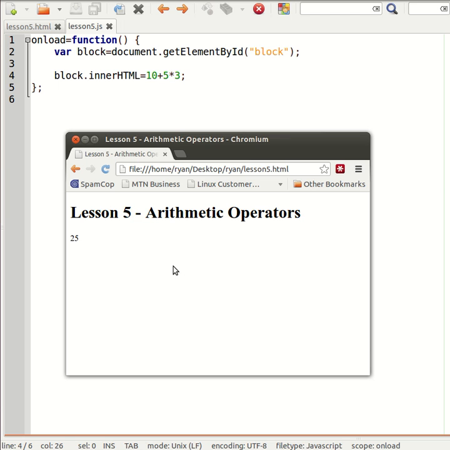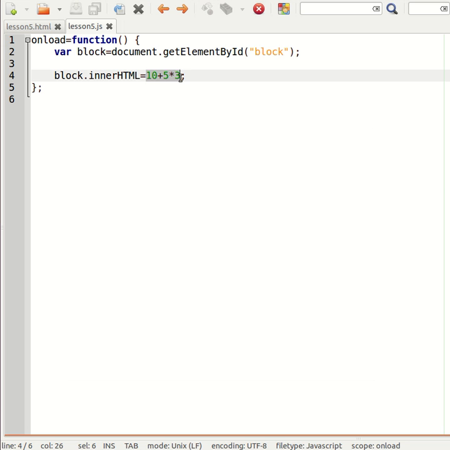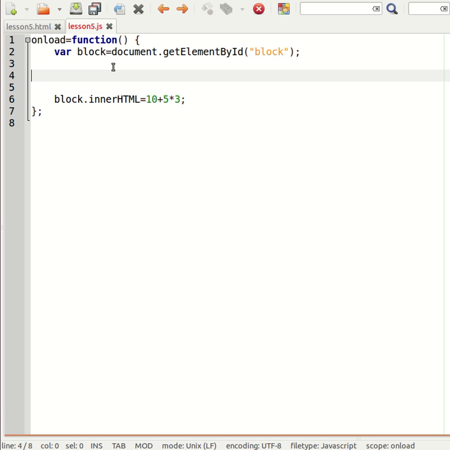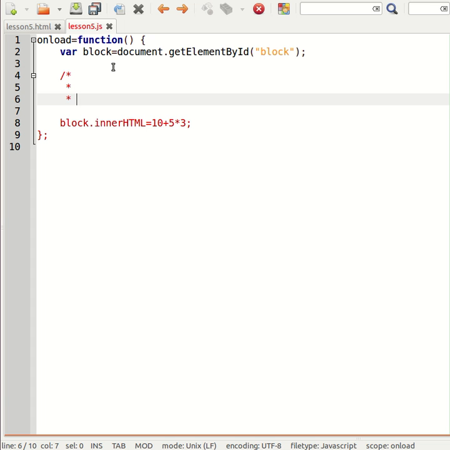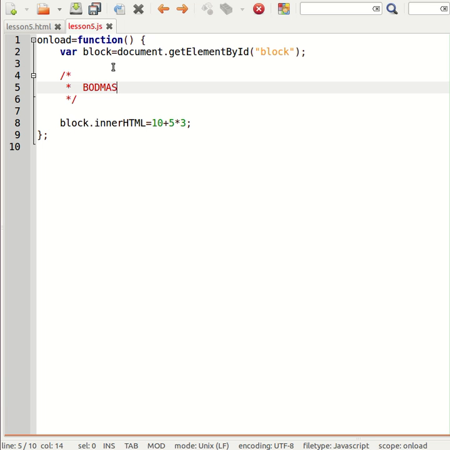A lot of people would expect to get a completely different value. The reason why we get this value is because the order in which the operations are performed is something known as BODMAS. Now you may have come across this term before. BODMAS stands for